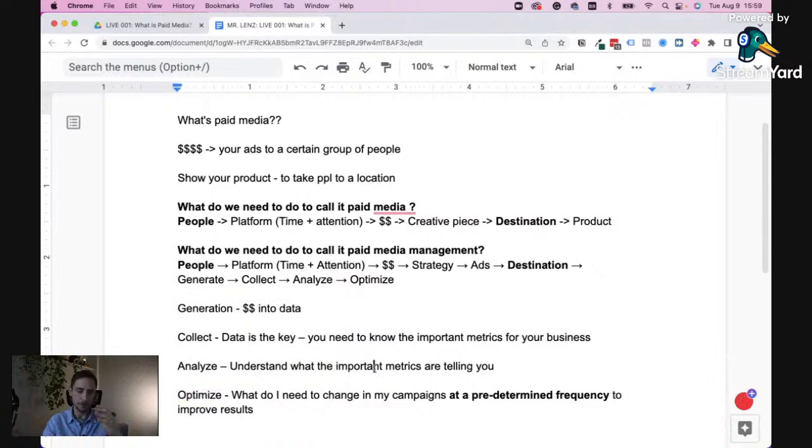Yeah, I went from collect to optimize, but there's analyze in the middle because you need to understand